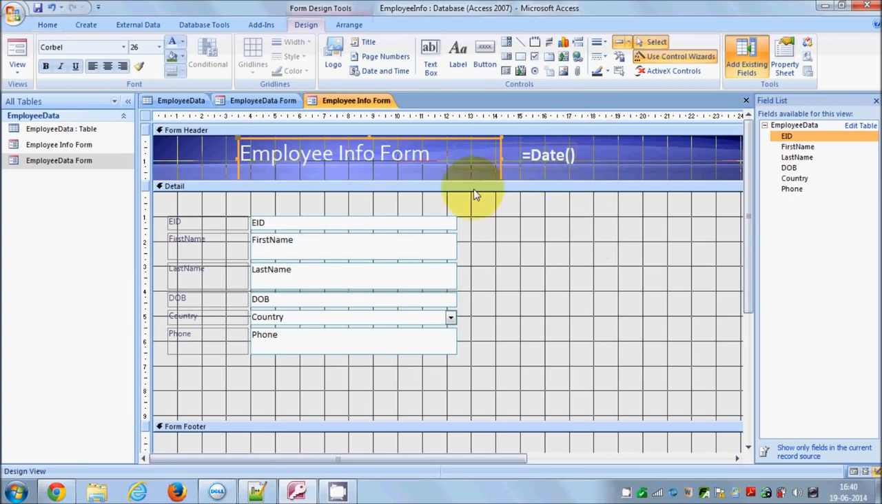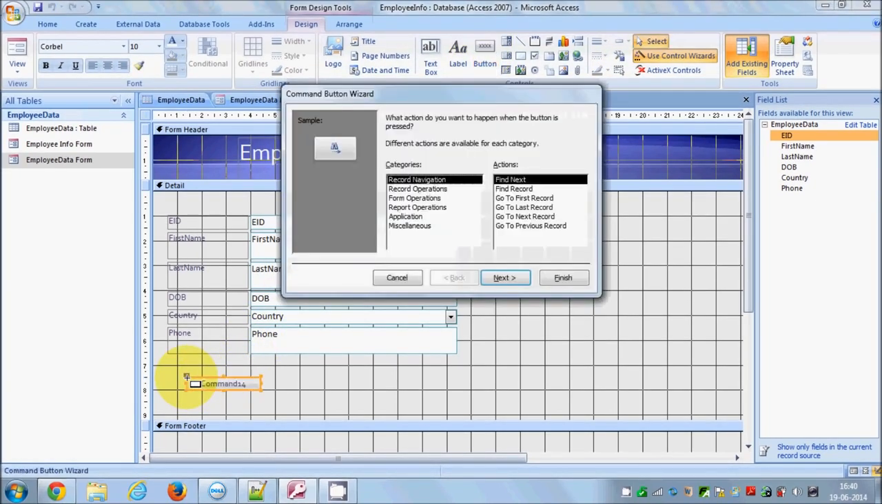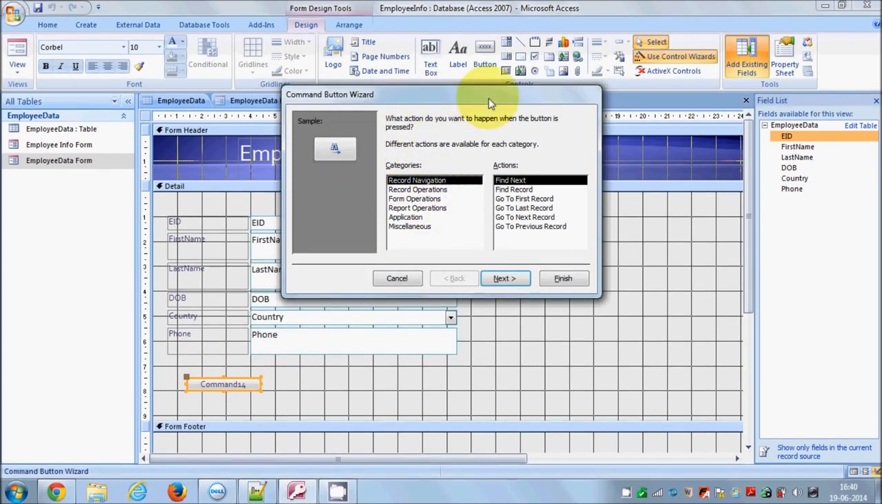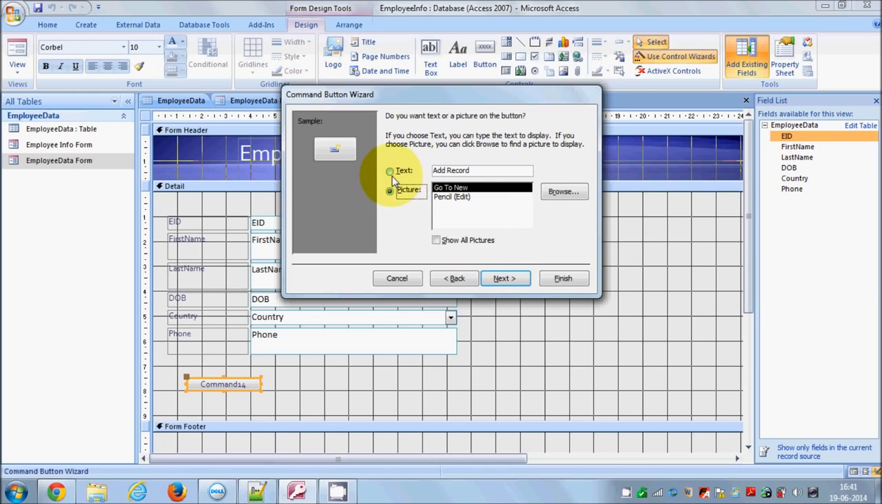For example, you want to add buttons. So what I will do is, in my design view, I have this tool called button. I will click this and I will place my button here, and here it will give me a custom button wizard. And what I can do is I can add these buttons. So for example, I want to add a save button or add new record. I will go to the record operation and I will select this add new record. I will click next,